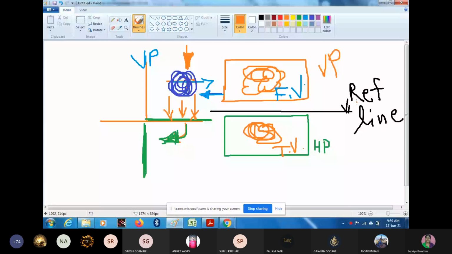Okay, and above this reference line, according to first angle method of projection, the object's front view will be there, and below the reference line, its top view will be there. Okay, now